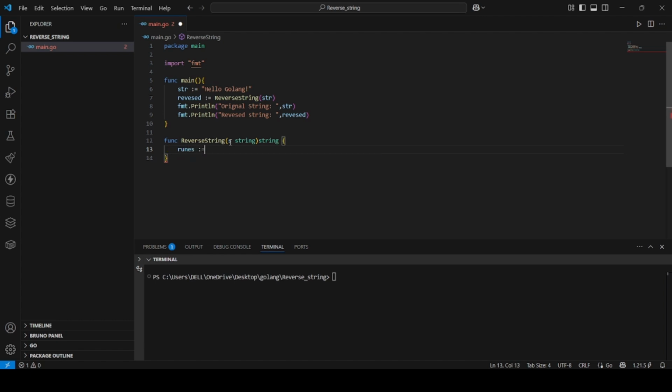So firstly we convert the string to runes, rune, and pass our string like s. Then